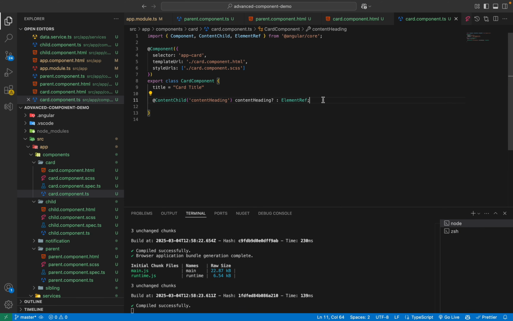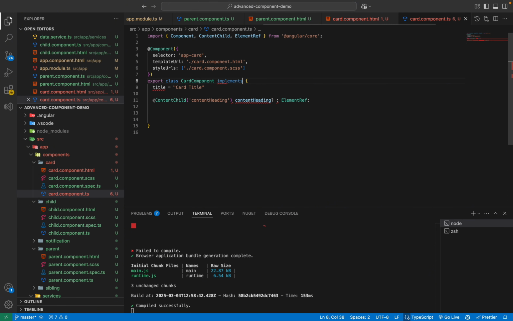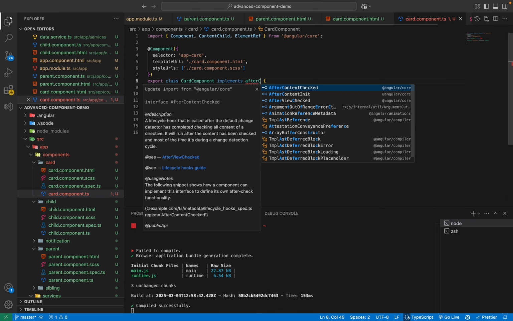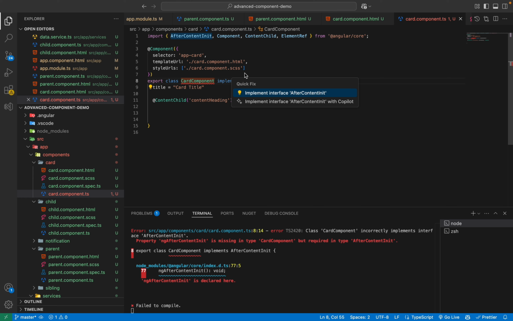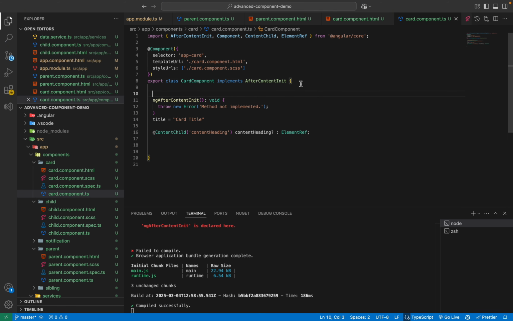Now, in order to use content child and stuff, we usually use it after our component is loaded properly. So we will implement here AfterContentInit, right? We'll implement the interface as well here, as you can see, and inside this